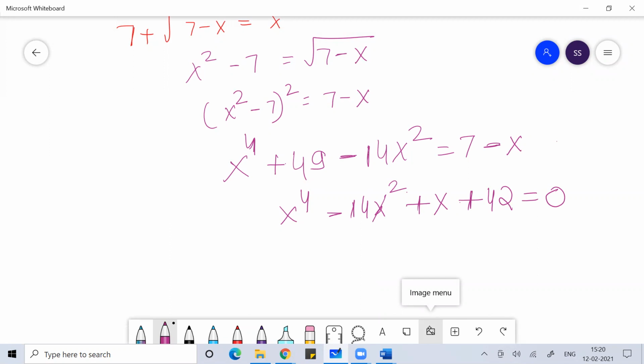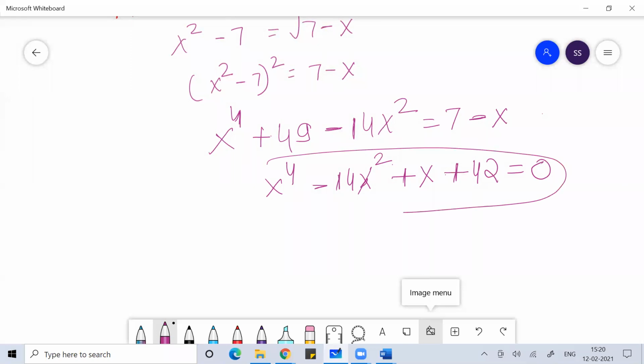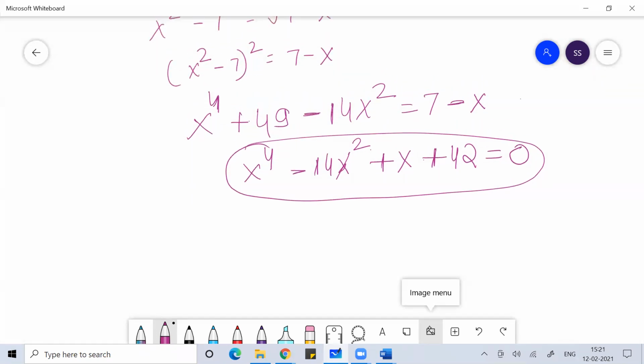So if you want to solve this kind of equation, if you know the basics of mathematics, there's only one way to solve this kind of question: use the trial and error method. You put x equal to 1 and see if LHS becomes equal to RHS, then put x equal to minus 1 and see if LHS becomes equal to RHS, like that. First you try plus 1, then minus 1, then plus 2, then minus 2, then plus 3.